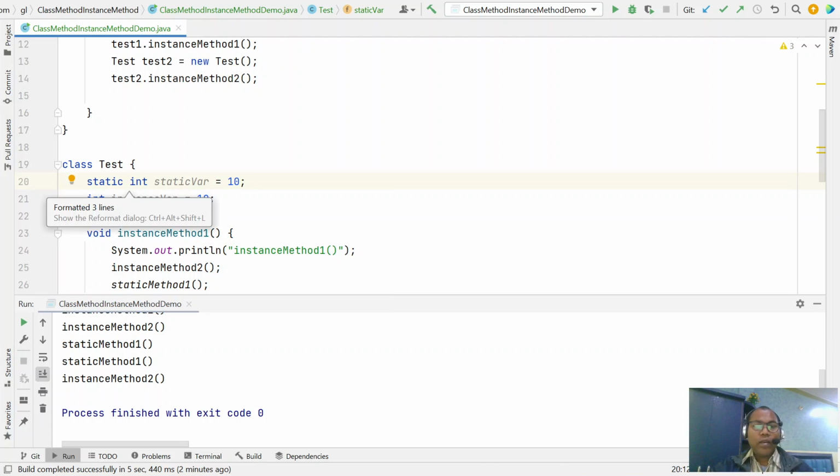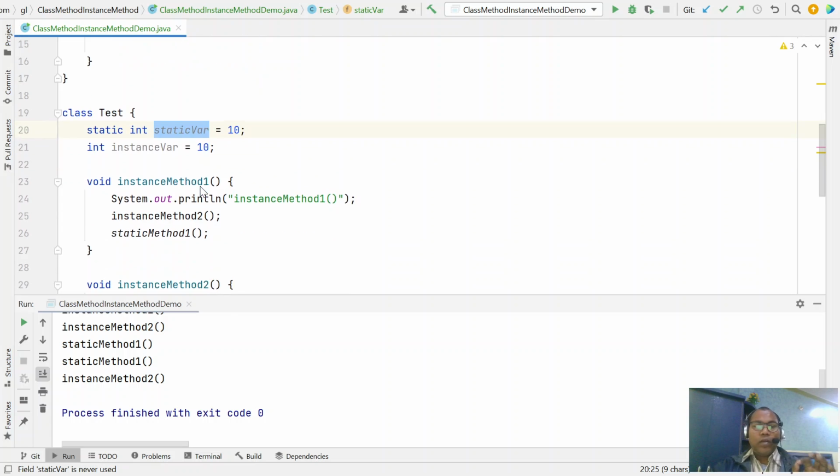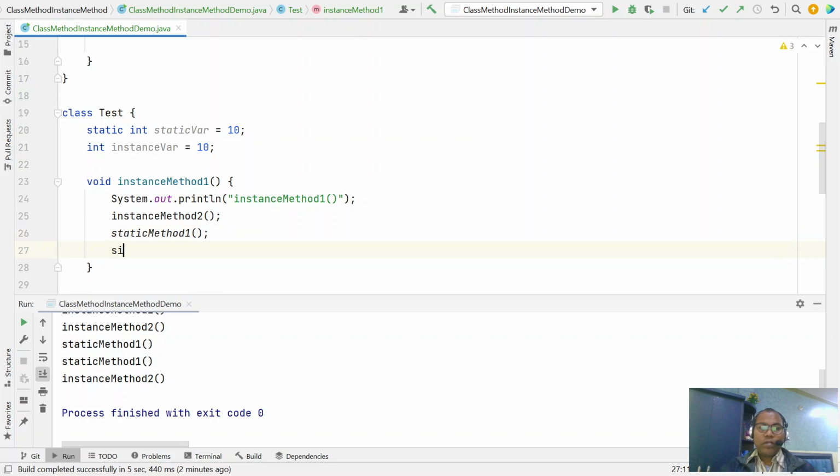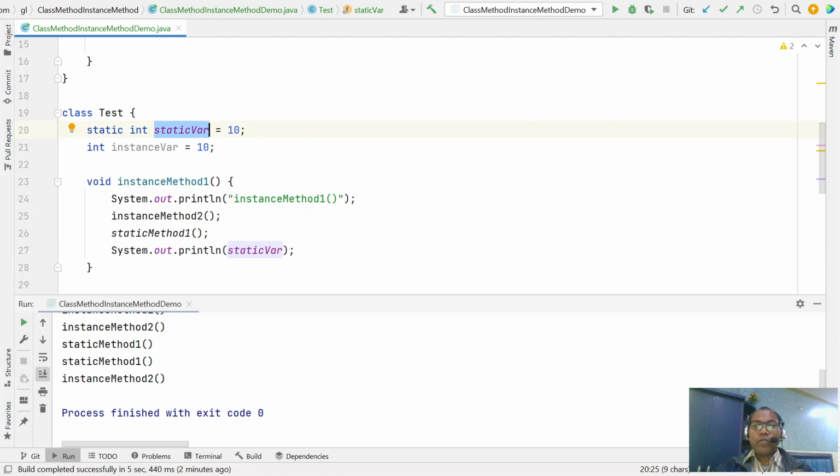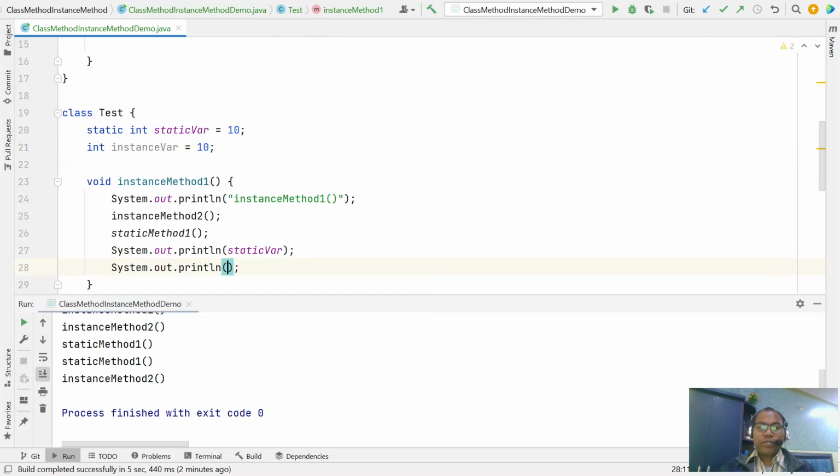Similarly, a static variable can be accessed from your instance method, and even an instance variable can be directly accessed. So any instance method can directly access all the static variables as well as instance variables.